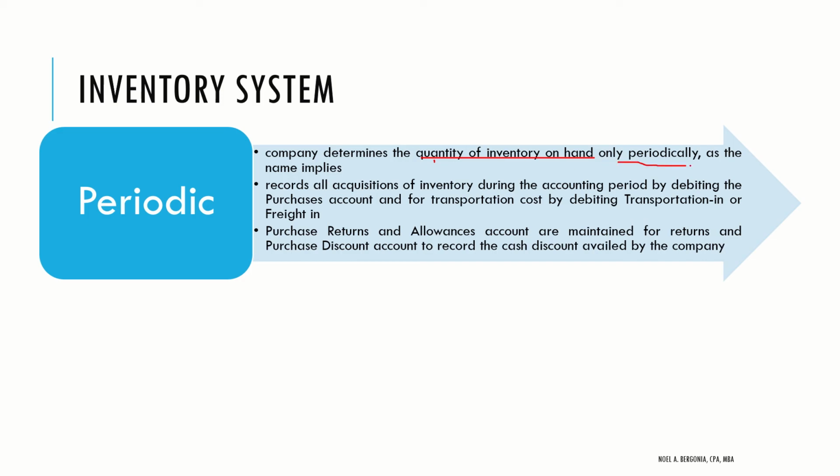So, in that case, paano po natin malalaman na periodically ito yung amount ng natitirang inventory? Because of yung tinatawag natin na physical count. Okay? So nagkakaroon po tayo ng physical count. So bibilangin po natin kung ilan po yung natira, 'di ba? Mas madali kasi magbilang kung ano yung natira kaysa yung nawala na, 'di ba? Joke lang. Okay? So pero yun yung ginagawa sa periodic inventory system. We try to count periodically kung ilan po yung natitira.